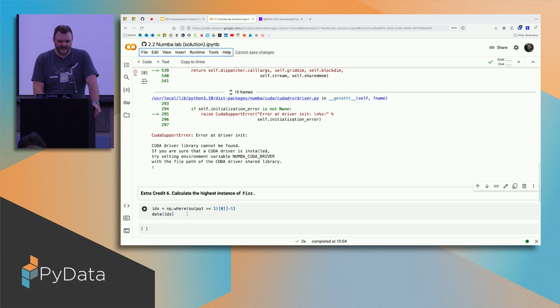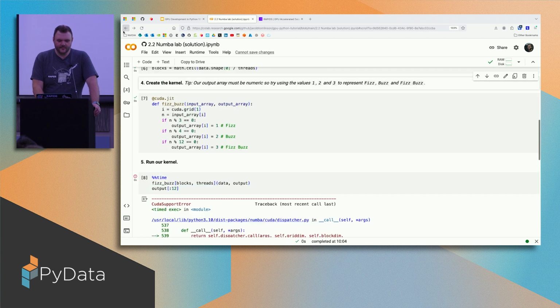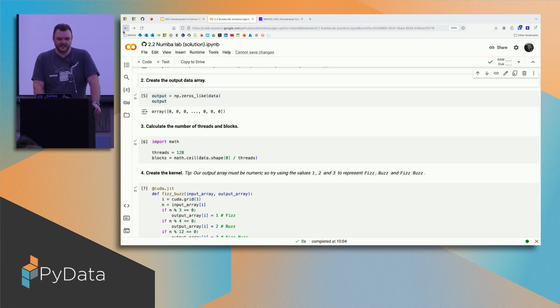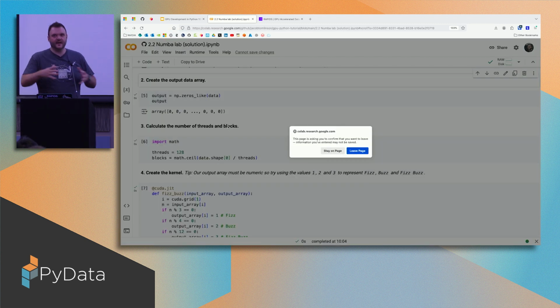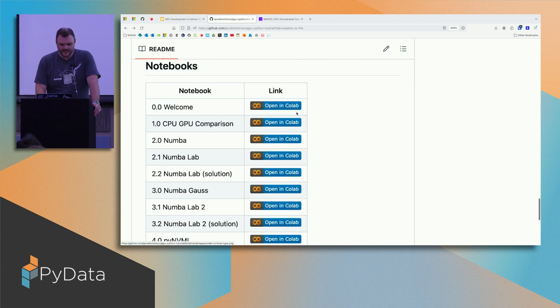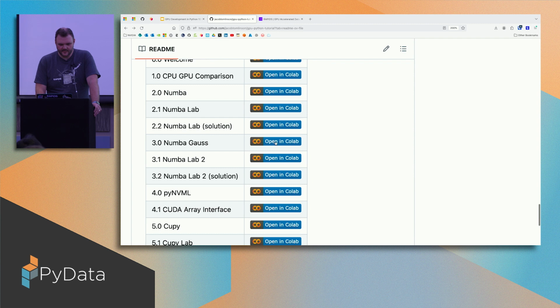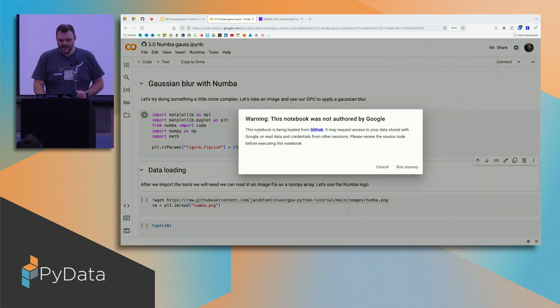Then there was an extra credit thing here to just use np.where to figure out the highest fizz. But hopefully this is one of the things I wanted to try and cover in this, to show you how to think about our grid and our data and how they map onto each other. Now I'm going to keep going and we're going to move on to the next example, which is this Numba Gauss example here. And this hopefully will expand a little bit on understanding this thread, block, grid dimensionality nonsense, basically. So what we're going to do is we're going to start with, oh yeah, I need